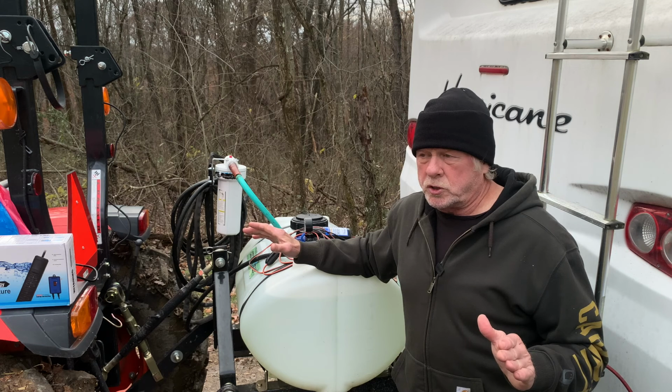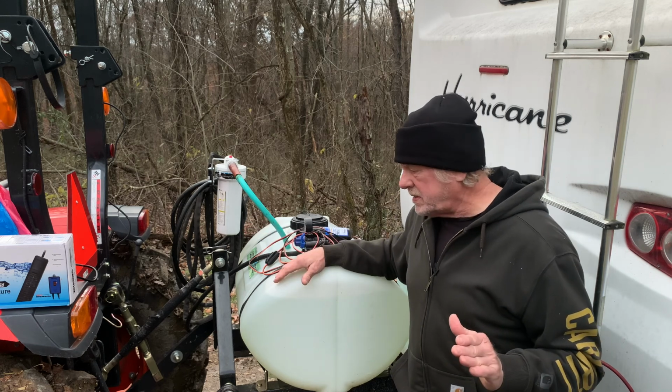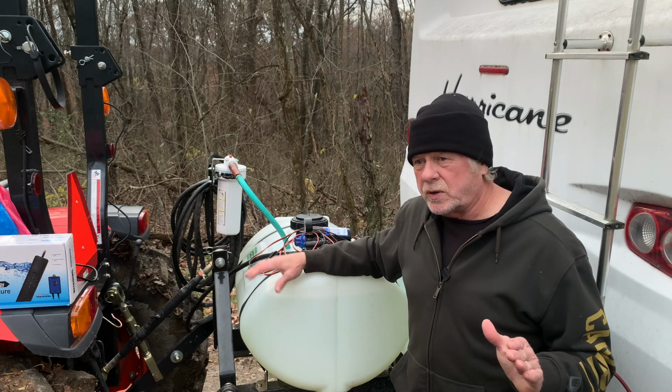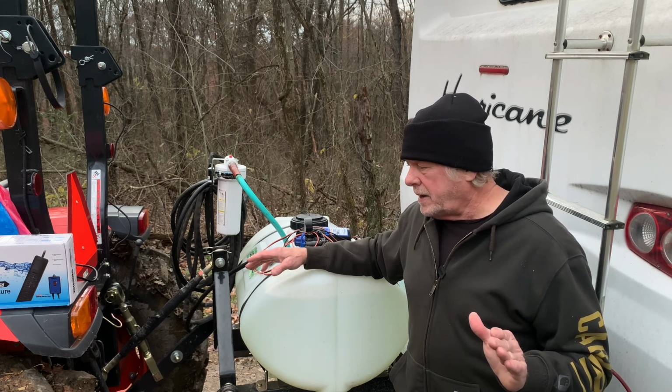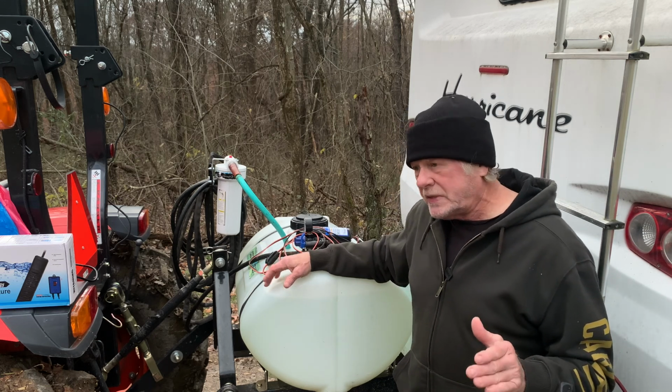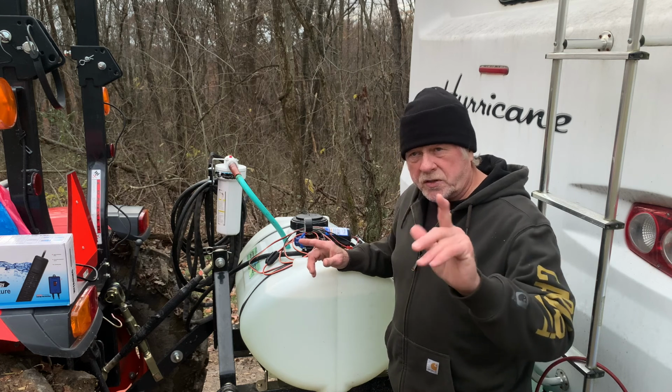So what do we do to prevent freezing up of this tank? This is a large volume of water. I don't think it's going to freeze very quickly since we go through it pretty fast. But I still want to keep it at a reasonable temperature above freezing. So I've come up with a solution thanks to